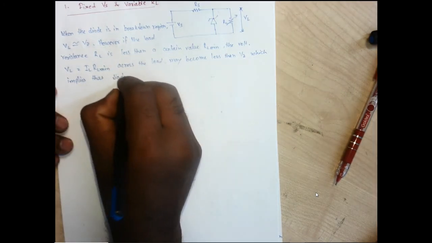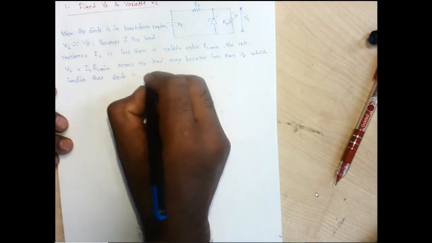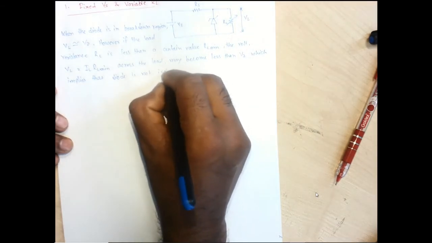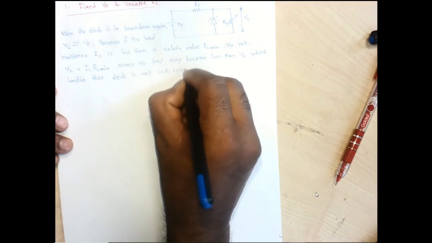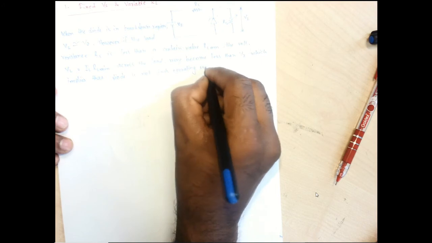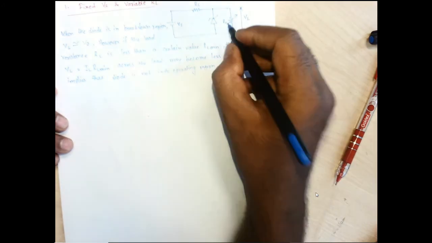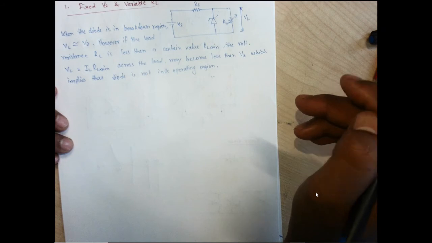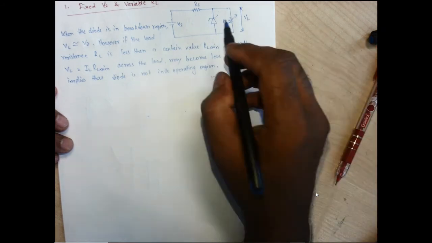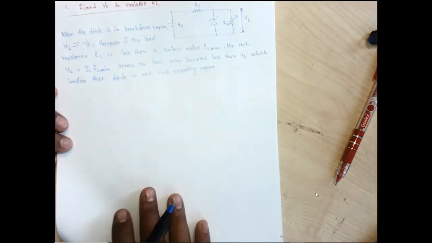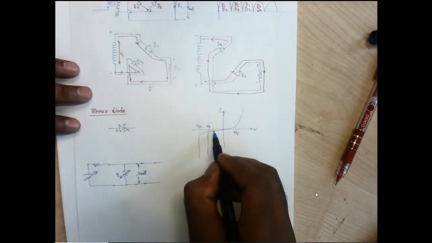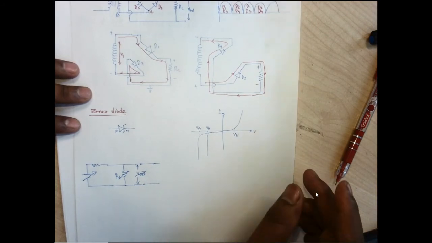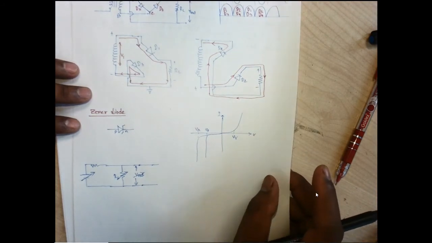the diode is not in its operating region. So what does it mean? Let us consider our diode is not at all in the breakdown region. So if it is not in the breakdown region, what does it mean? It is around in this region. So its Vz will change, and the current which has been flowing through this diode is very less.